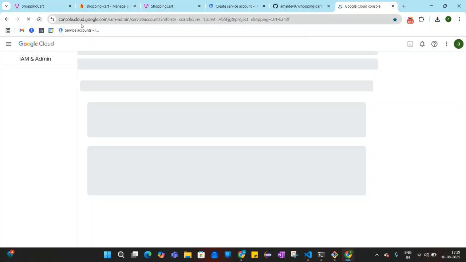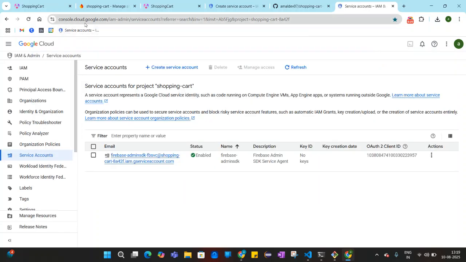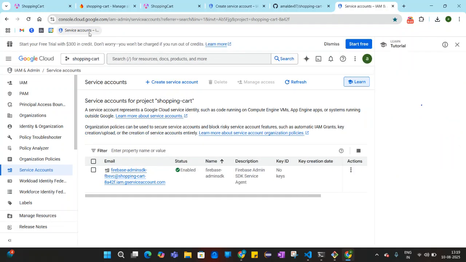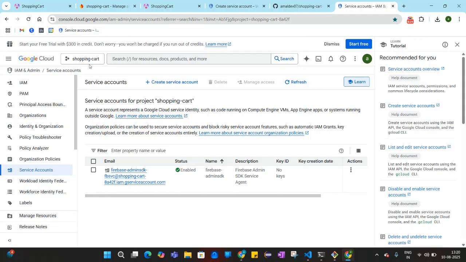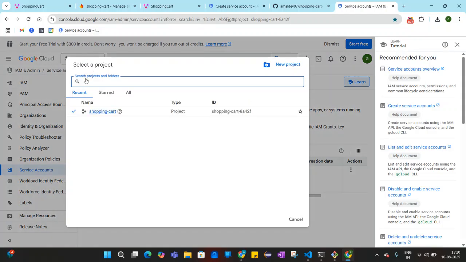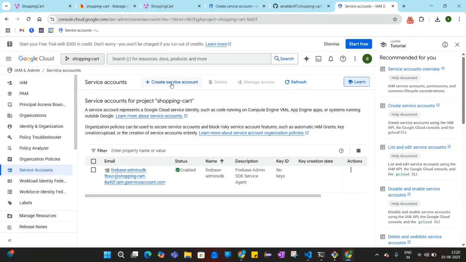go to cloud.google.com, console.cloud.google.com. I will provide this link as well, so you can select your project from here. I have one project only, shopping cart. I have selected that. Now create a